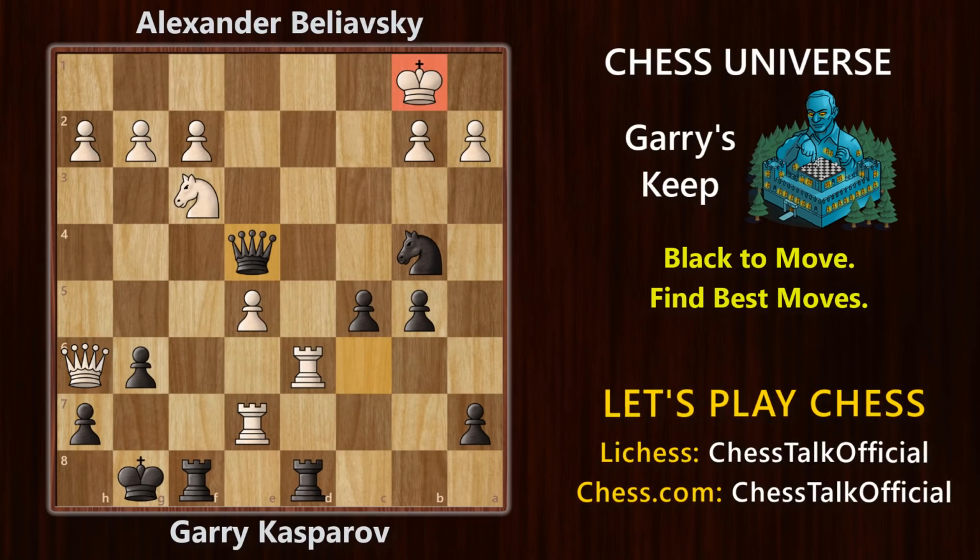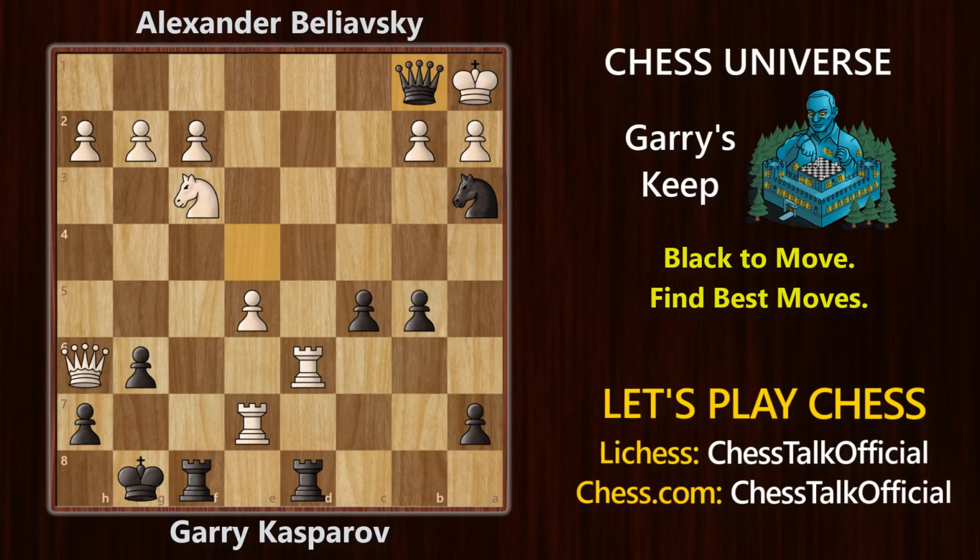And now it should be easy. If king c1, then this is a checkmate, and if king goes to the corner, then knight check, and then a double check with the queen and knight, and finally the queen pounces on the king and gives him the